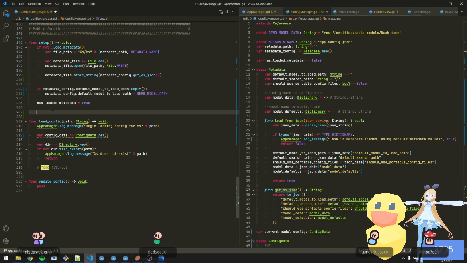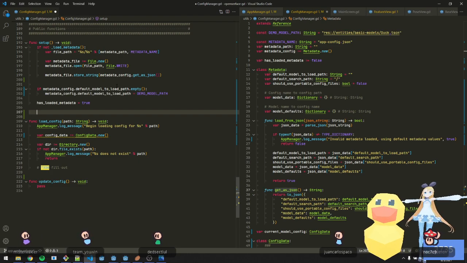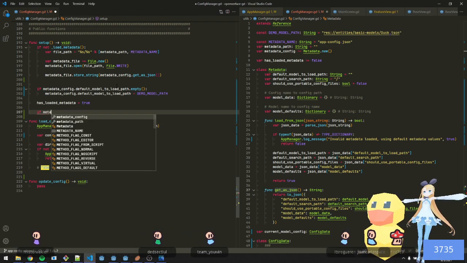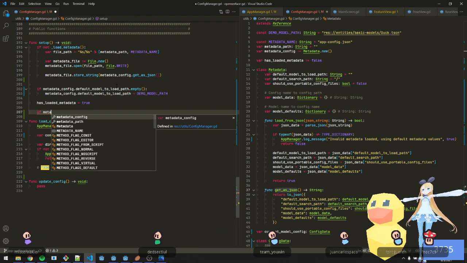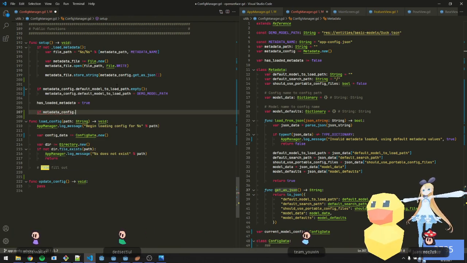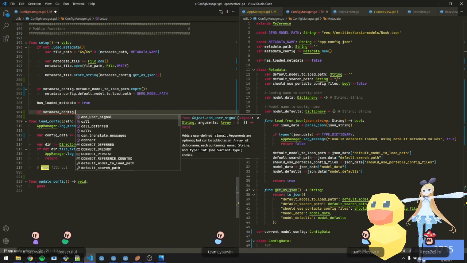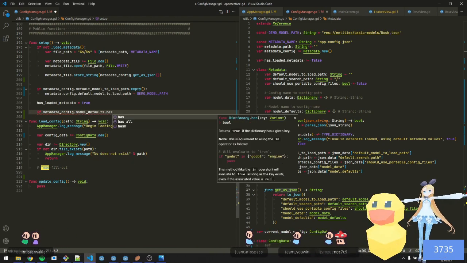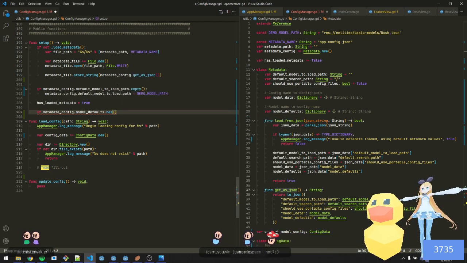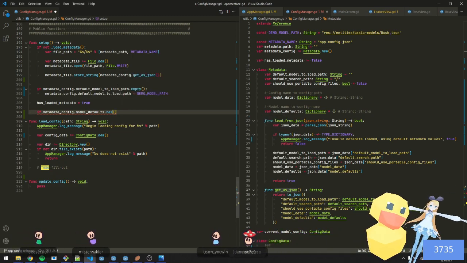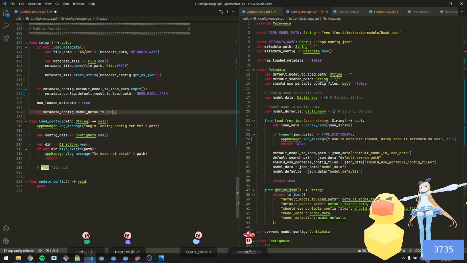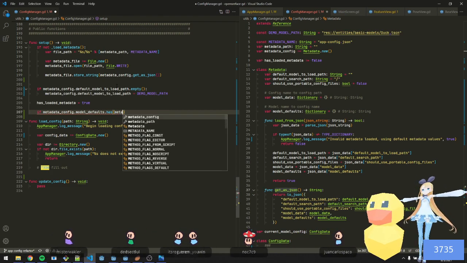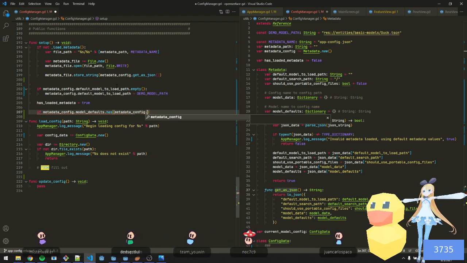So we do, if model, well, it's metadata config dot model defaults has, if metadata config model defaults has metadata config